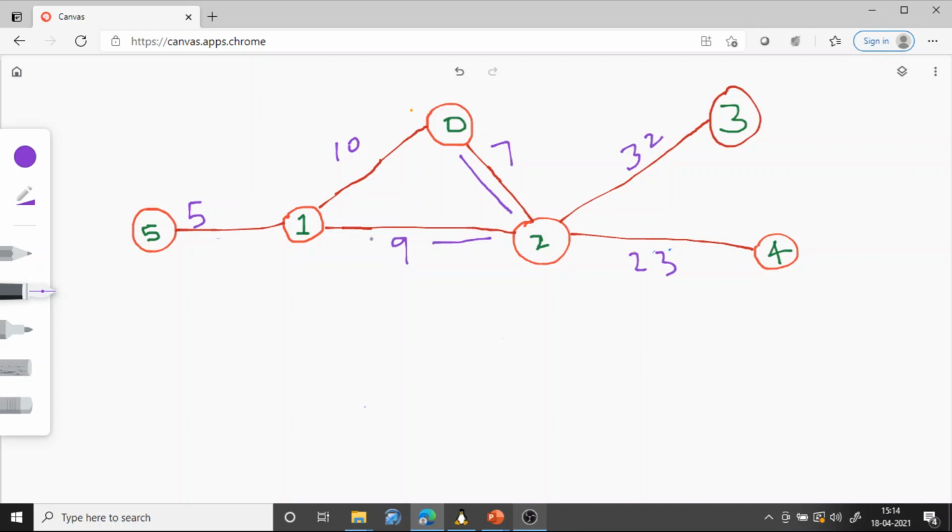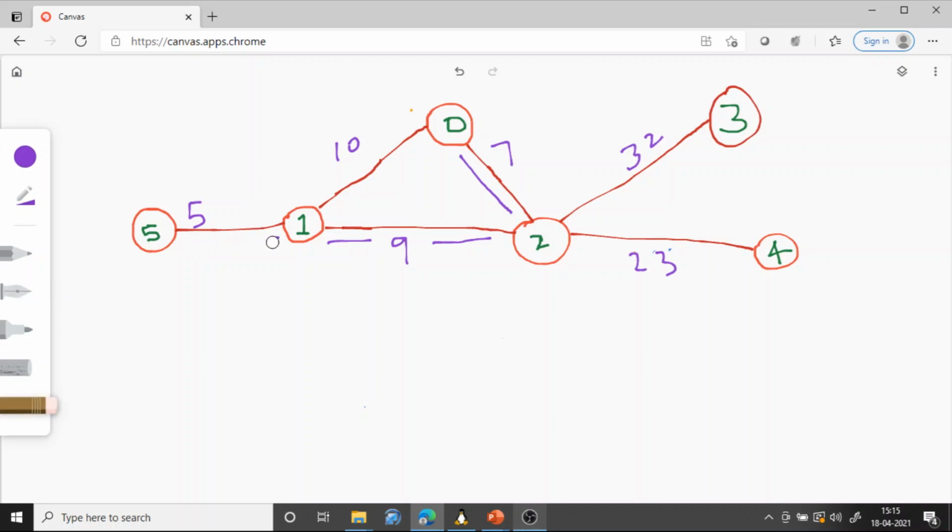So this is edge 2 to 1. From 1 next we will identify which is the minimum cost edge. From 1 there are three edges, one with a cost of 9, another one with a cost of 10, another one with a cost of 5. So this 5 is the minimum cost edge, so we will take this path. Now from 5, the minimum cost edge is already added, so we cannot take this. There is no other edge, so the algorithm will get stuck here. It will never identify these edges. So this is the problem with that particular approach.